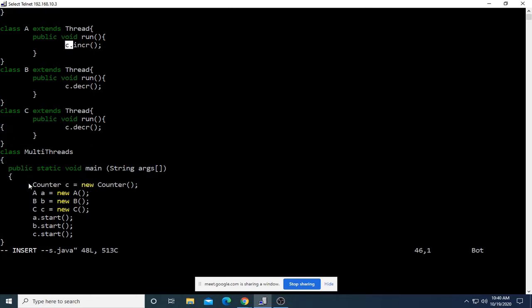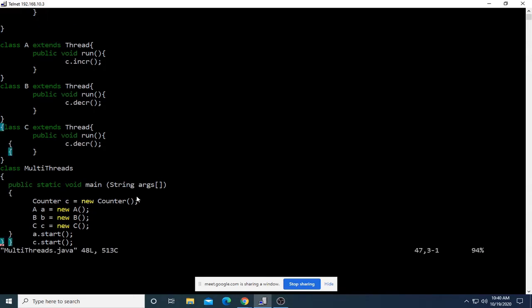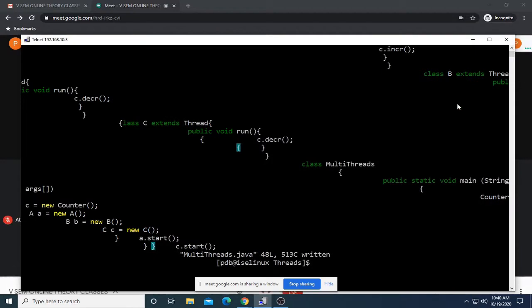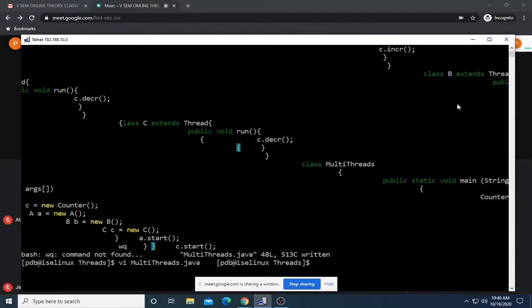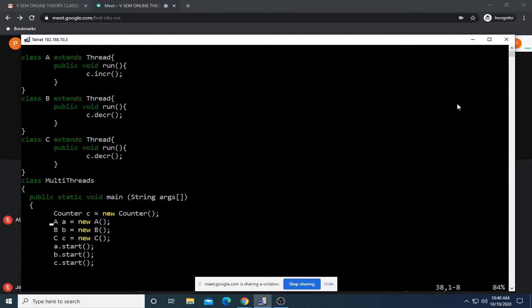What can be done is, once you create the object of type counter within main, you can pass the same object to the constructor of each of the thread subclasses. At the time of creating objects of these thread classes, I'll be passing the object. It is of type counter.